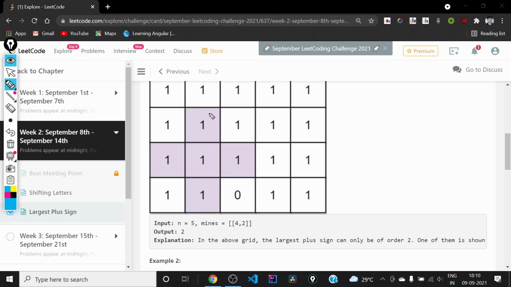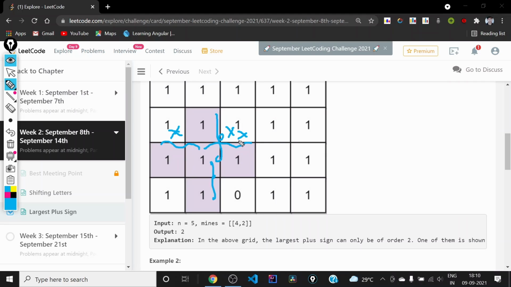The order of a plus is basically x number of cells up from the center, including the center, x number of cells down, and towards the left and towards the right. So there must be a minimum of x cells, and all these x cells should be present as a continuous subarray, with no zero in between.